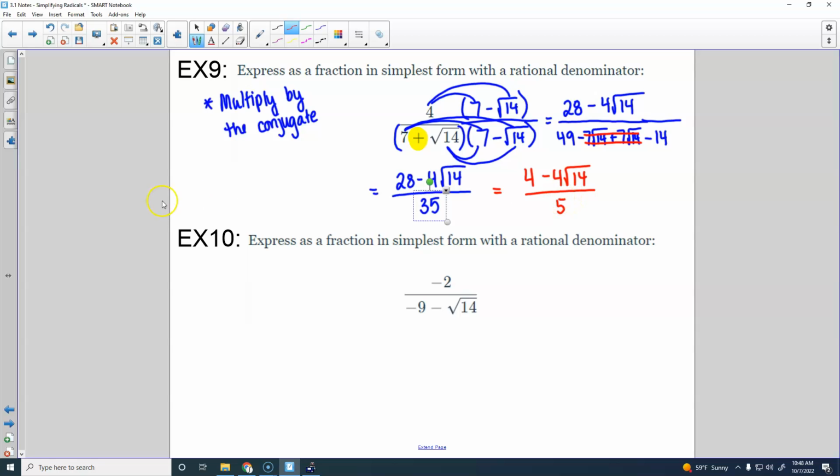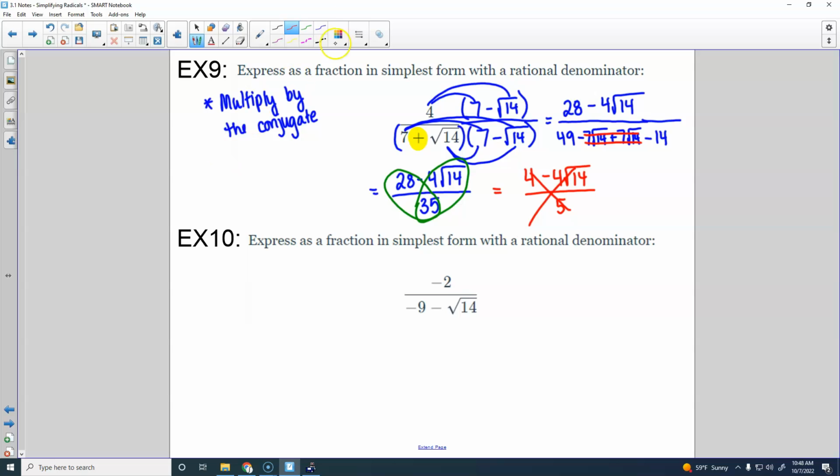We cannot do what Caleb just said because this 35 right here divides both of those terms in the top. So to divide, we would have to be able to divide both of them by 35. And that 4 right there will not reduce with the 45. So you have to be able to reduce both numbers there. And 35 does reduce with the 14, but the 14 is inside the square root. So since it's inside the square root, we can't reduce it with 35. So you cannot do this right here. You would just have to leave it like it is